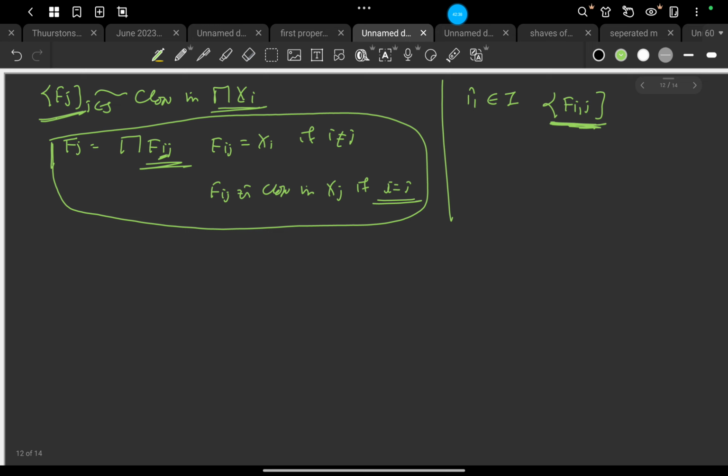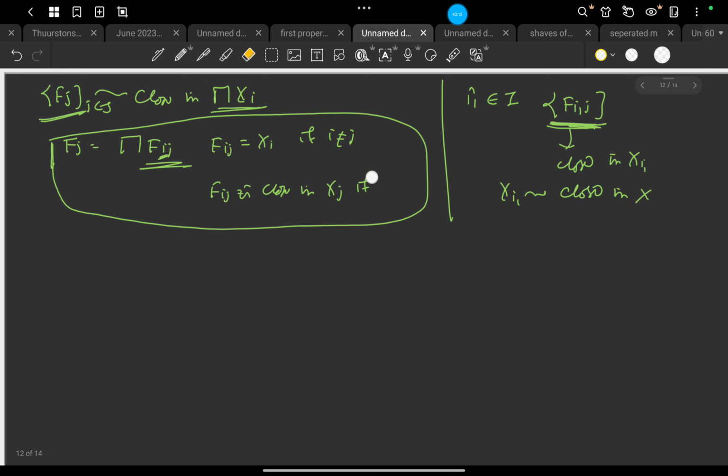So each F_i1j is closed in X_i1, and each X_i1 is closed in X. I should not take i1, because it is enough to take i not equal to j here.